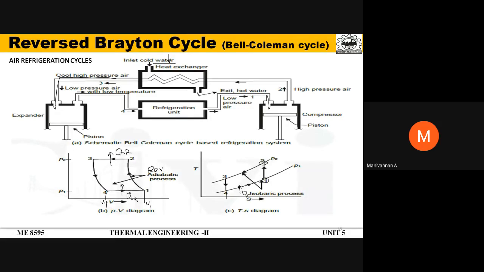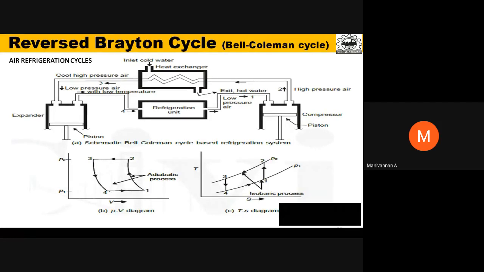By executing this cycle, we are able to maintain the required temperature level at the evaporator, or the refrigeration unit, where you need to maintain the temperature. This is the next cycle to your reversed Carnot cycle, which is the ideal, theoretical cycle that we are not able to construct as a system. Whereas with a slight modification of the reversed Carnot cycle, we have changed only two processes. What are the two processes that we have changed? One is the heat addition and the other is the heat rejection process.